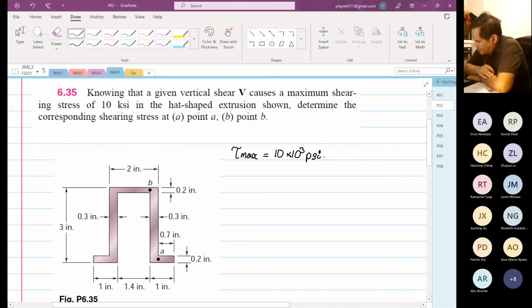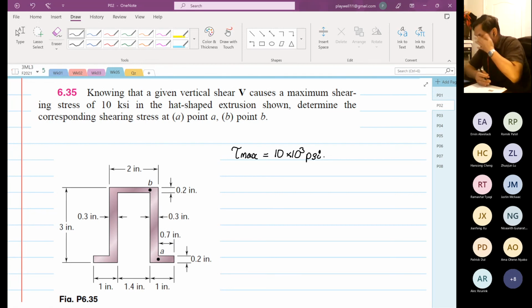In a hat-shaped extrusion shown, determine the corresponding shear stress at point A and point B. But we only know that tau max is 10 times 10 to the power 3 psi. So the first thing we have to do,